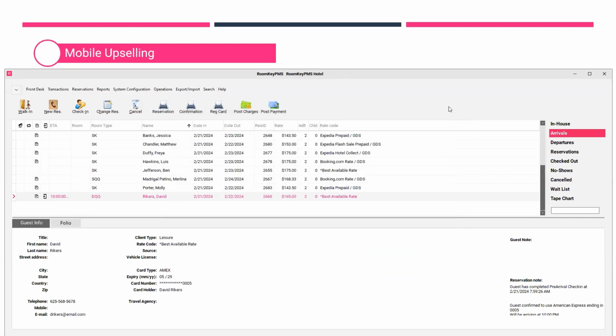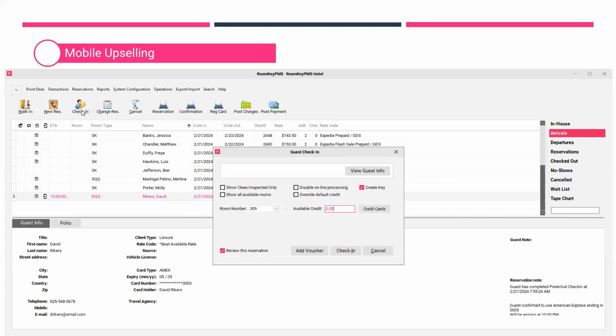Wonderful. So when a guest does do their mobile check-in, they've upgraded their room type, the last thing that the front desk agent needs to do once they've collected any authorization or credit card, they can then click the check-in button and then just proceed with the check-in as you normally would. So here I'm just going to click check-in,